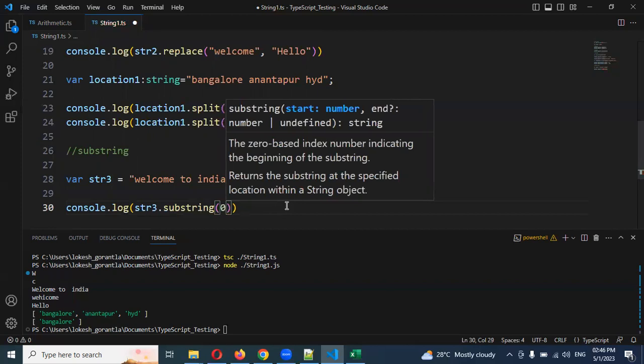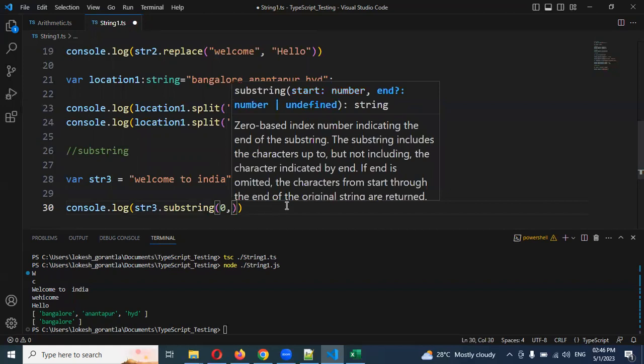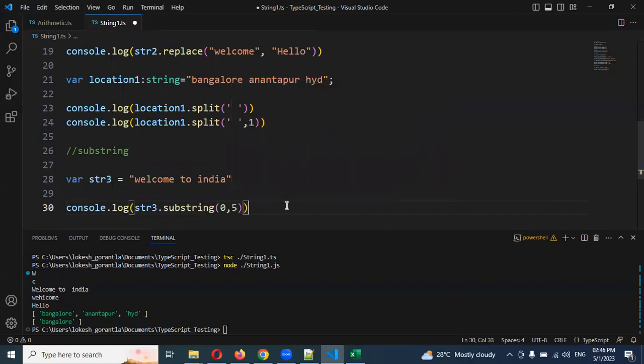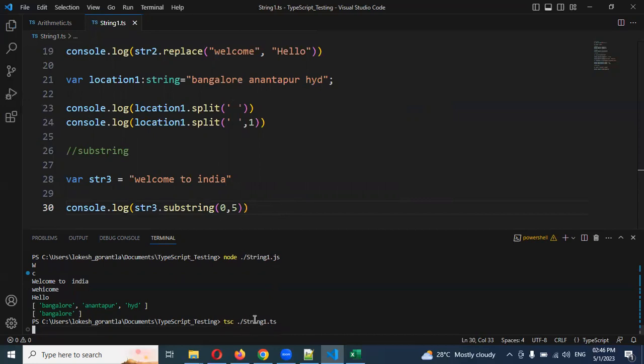Starting position is 0 and the ending position I'm going to make it 5. Then I'm going to save and compile again, and run this file again. Now you can see